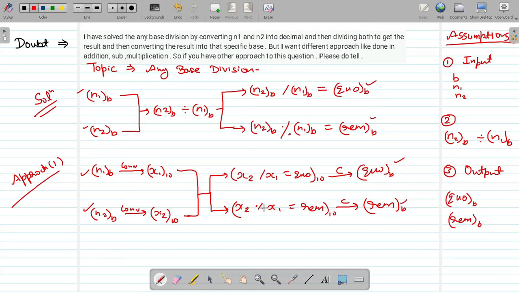But the problem here is that we are doing division in base 10. The crux of the question was doing division in any base, but we are doing division in decimal. So it is okay to do this, the answer is right, but while learning we should be focusing on exploring more and more ways to solve the same problem. When we come across a problem that we haven't seen before, we can use our experience to find more and more solutions. So now I will discuss my approach.